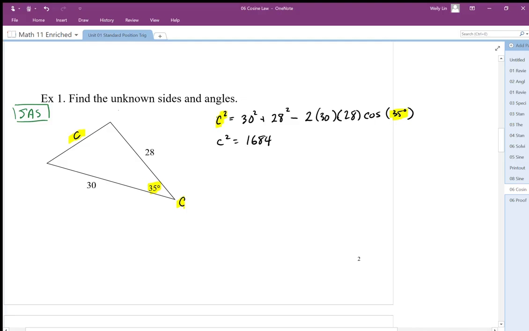Just double checking that. Then I minus 2 times 30 times 28 times cosine of 35, and that gives me